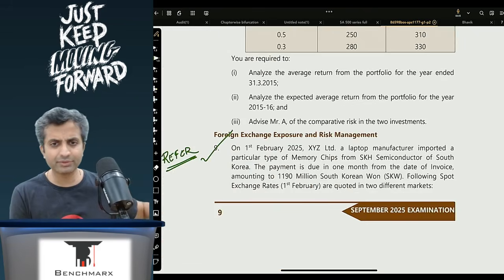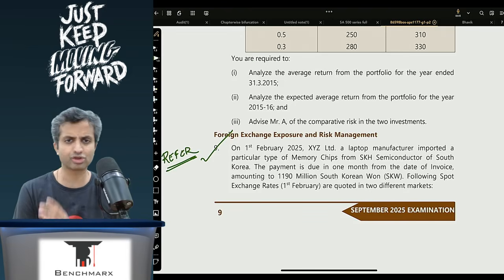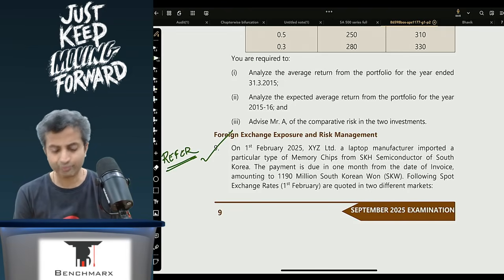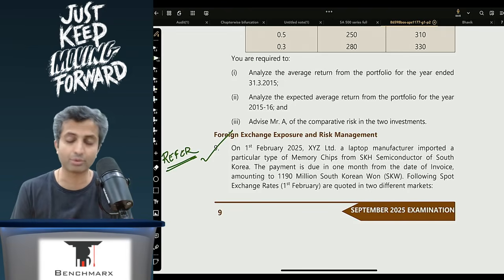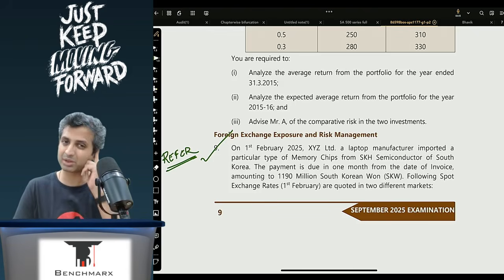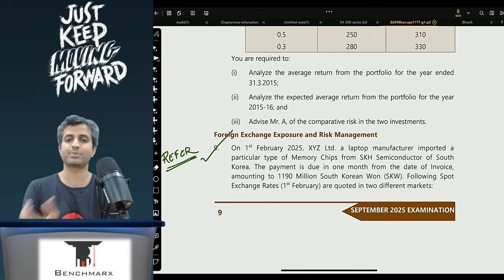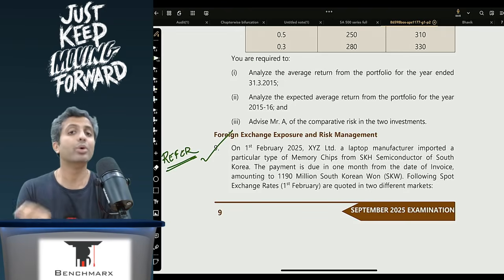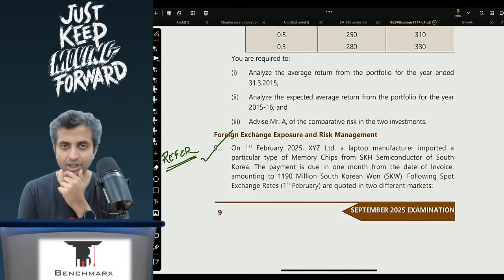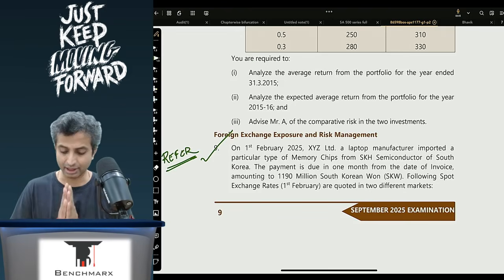Now after all of this just general discussion on the questions which are there, this is a good question. I'm not really saying that this is an unsolvable question, but it has some adjustments of foreign exchange which kind of make it a little tricky and confusing, especially selection of bid and ask rate, whether you need to multiply, whether you need to divide, etc. So let us get started.